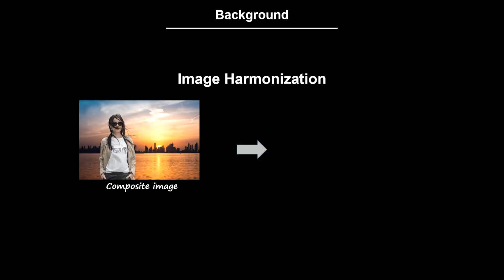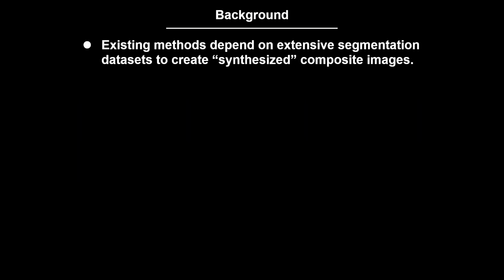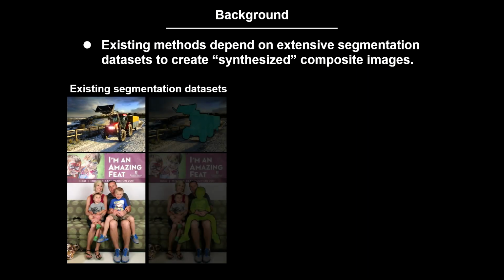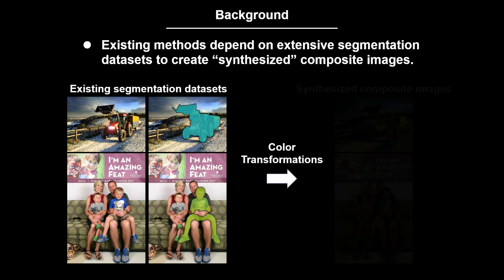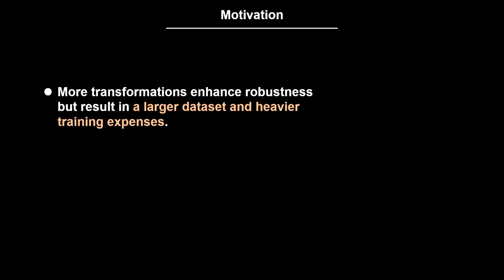Image harmonization addresses this issue, ensuring the alignment of color spaces in the composite image. Typically, existing image harmonization methods heavily rely on extensive segmentation datasets for creating synthesized composite images during training. These methods involve applying color transformations to semantic regions to generate the synthesized composite images. While incorporating more transformations enhances the model's robustness in real-world applications, it also results in a larger dataset and higher